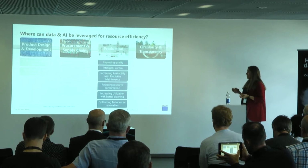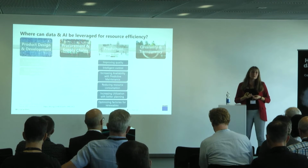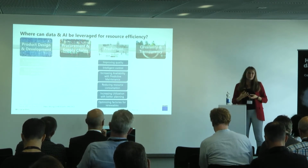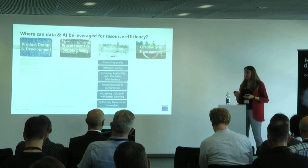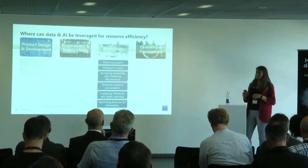And other topics, which is, for example, very popular, is predictive maintenance, of course. If you know exactly, or you can predict it very well, when the next failure might occur, you can steer against it and buy stuff in advance to exchange that and make the